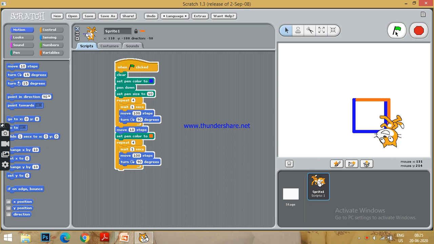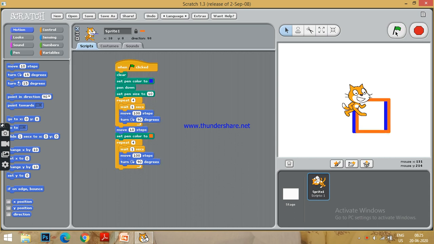Yes, once it has drawn in red color, you have got another box, in a 3D form you can say, isn't it? In a 3D form. Similarly, you can apply more things over here.